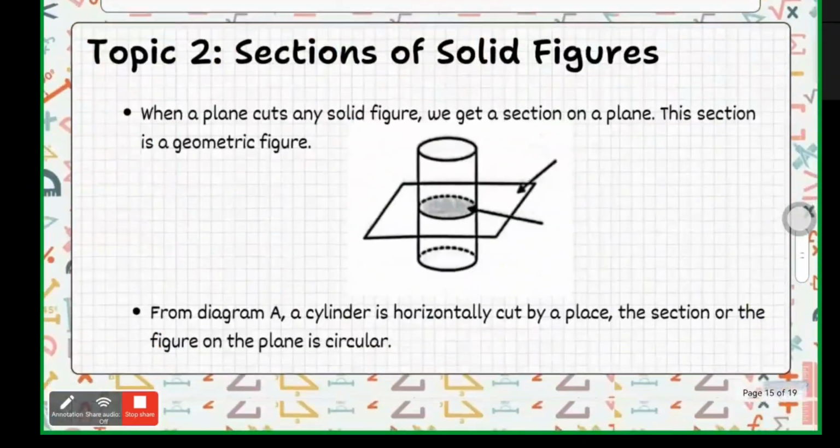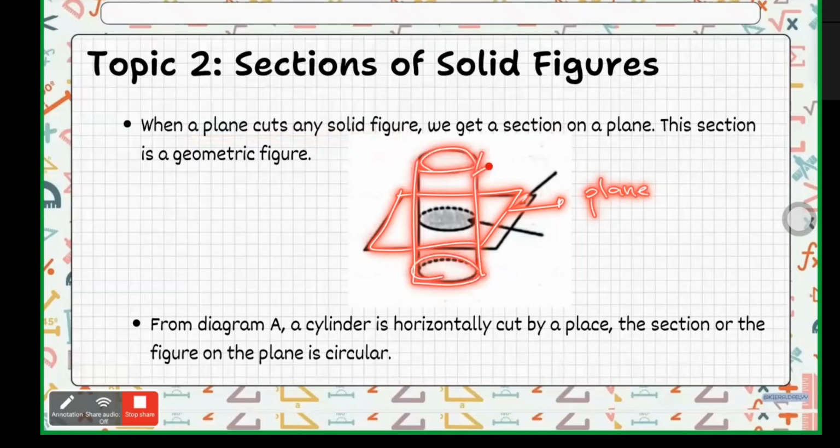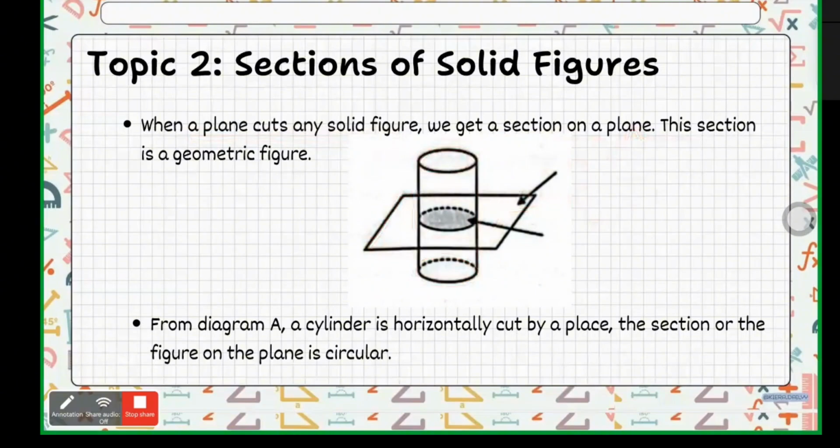Okay, so for topic number two is sections of solid figures. Again, sections of solid figures. When you say section means is a geometric figure that will be there if the plane cuts any solid. Okay? If a plane cuts any solid, we will get a section. So for example, the paper here will be our plane and this cylinder will be our solid figure. If the plane cuts the solid figure